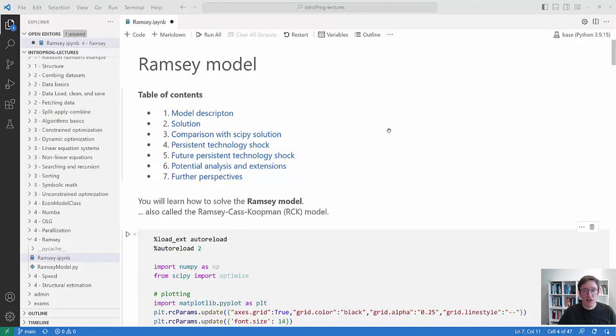Welcome to this video on solving the Ramsey model. The Ramsey model is one of the big canonical models in macroeconomics and therefore an important model to know how to solve. If you can solve this, then you can solve a lot of other models, as I will also